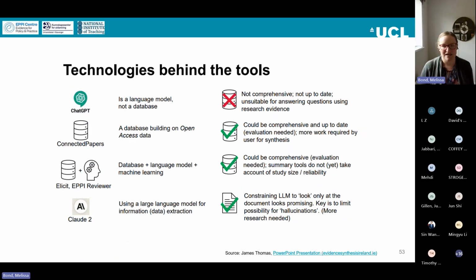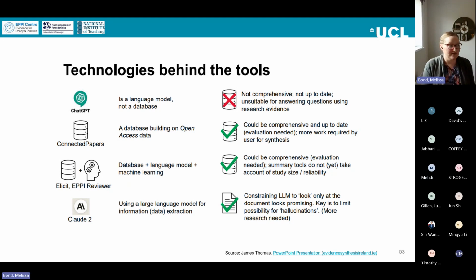It's not a database. And even Copilot, which has some really great potential to assist with some of the aspects of identifying and understanding studies, does have a real limitation in terms of being able to synthesize across and between.